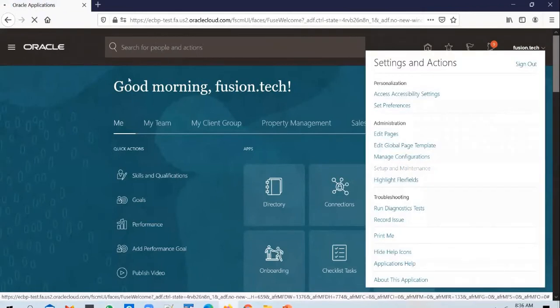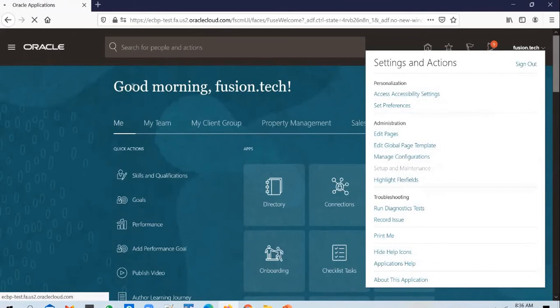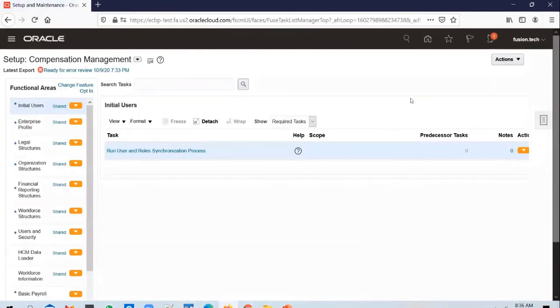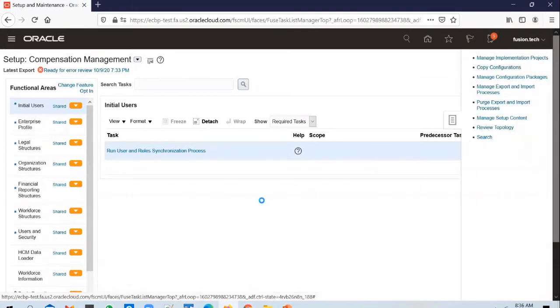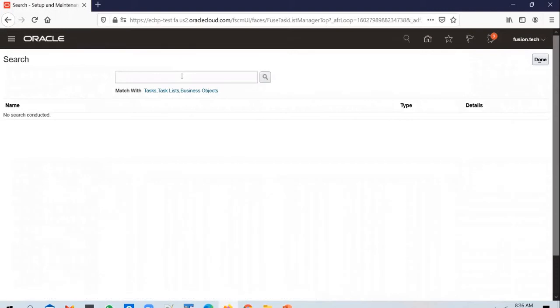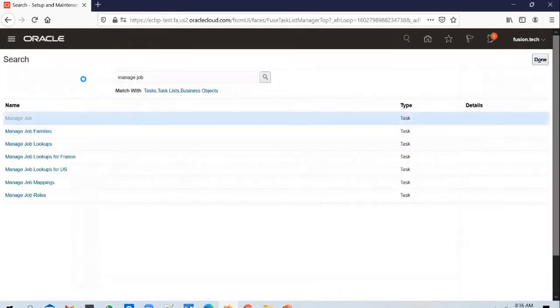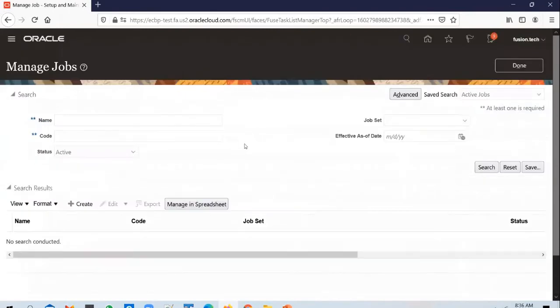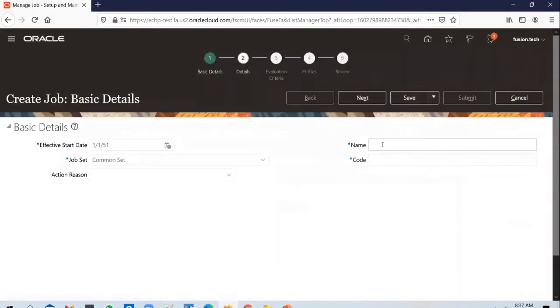Okay, so let's go into a manage job screen. In HCM, you will be creating jobs, right, in the HCM application. So where do you do it from? You go into setup and maintenance, and from setup and maintenance, you go to the global search here. In the global search option, you will search for manage job. When you go into this screen, you will be able to create jobs in the HCM application using this task. So when you're creating a job, how do you create it manually? You click on the plus icon here and you add in the information. Say, for example, let's create it as a test job.